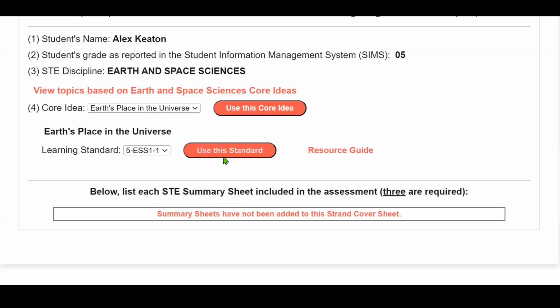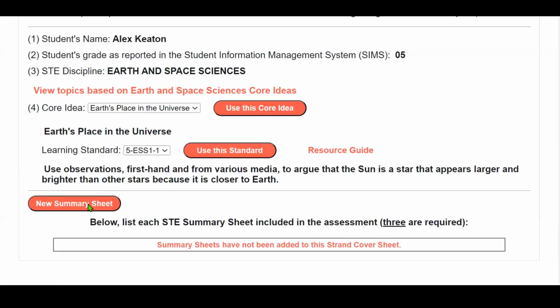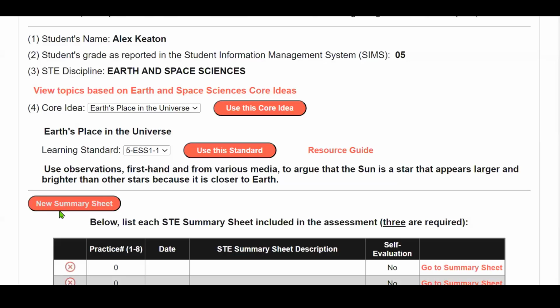But once I do that, now I get the opportunity to create summary sheets. And that's really all there is for the science strand, is a strand cover sheet, and then 3 different summary sheets, each based on a different practice. And that's the requirement for this case, the one strand of Earth and space that we have to do. And then a skill survey kind of overriding all of it. I'm going to quickly just drop in a few